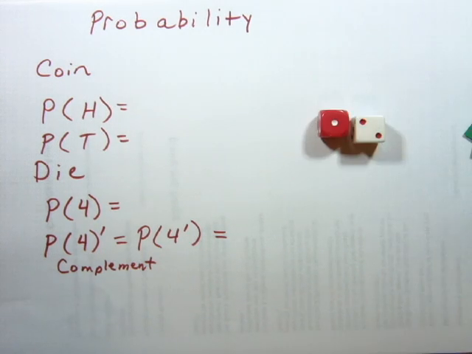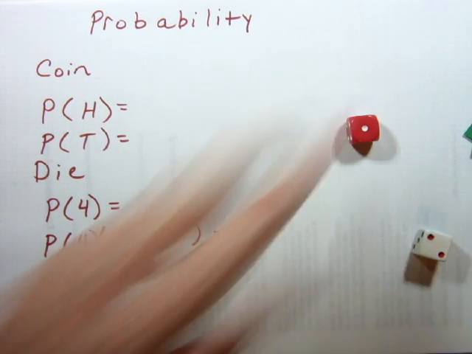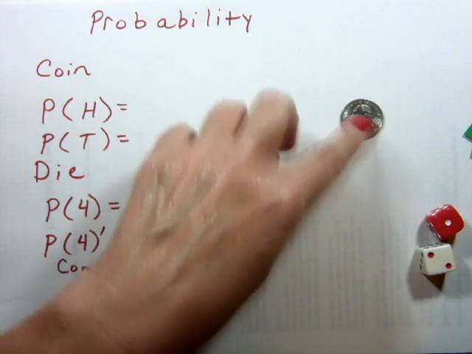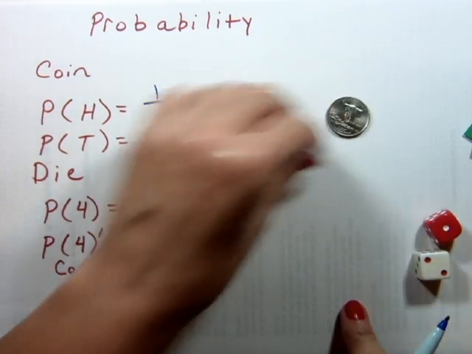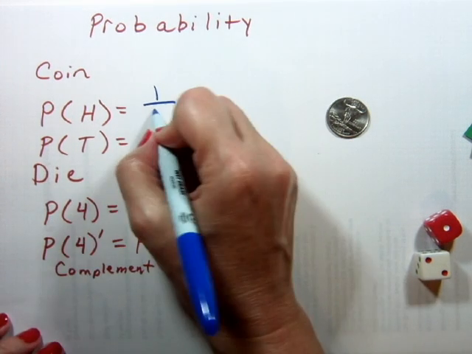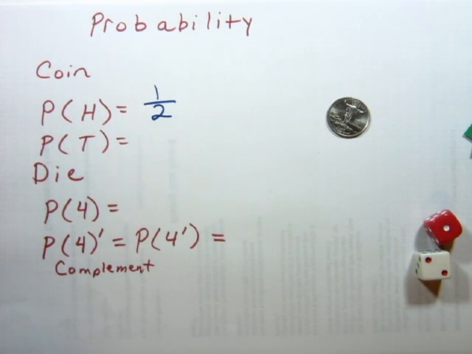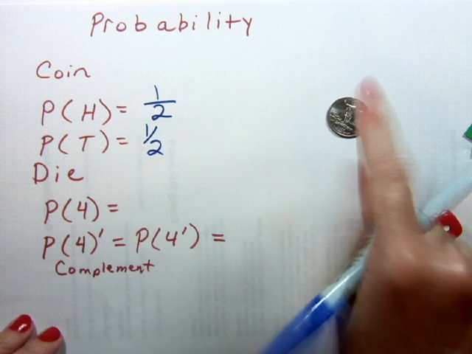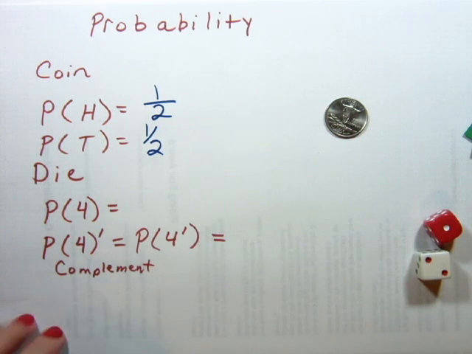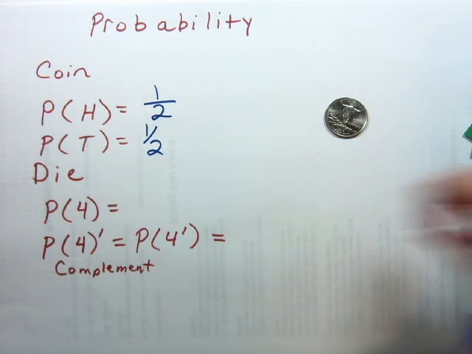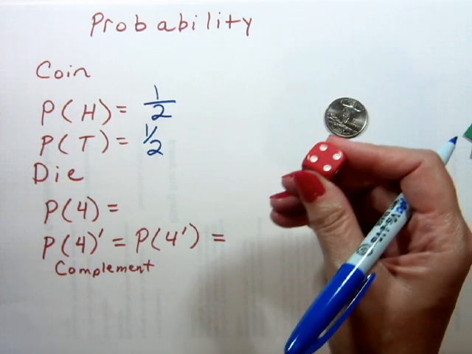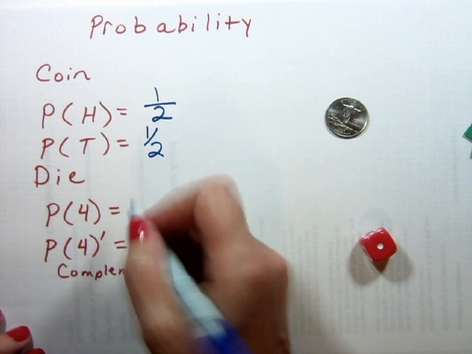So if I want the probability of flipping heads on this coin, I would say there's one way to get heads out of two possible things that can happen. So the probability of heads is 1/2. The probability of tails, 1 out of 2 possible things that can happen. The probability of rolling a 4 on a single die is one way to get a 4 out of 6